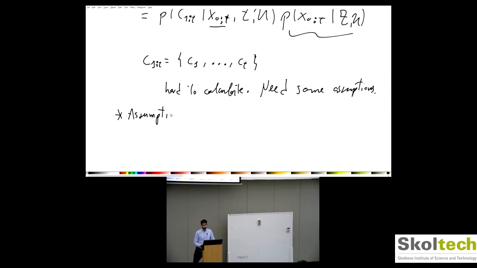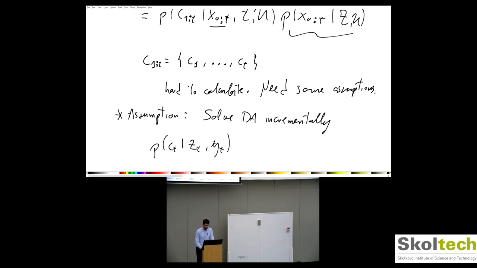We take data association incrementally. Right? What does this mean? That once we calculate, well, hold on, solve data association incrementally. Right? So that means that we are not going to get back. We are not going to reevaluate associations. If there's a mistake in the past of the association, that's fine. We just care about, let's say, current time, right? So with whatever observations we have and whatever state estimate we have, we are just going to be calculating what is this probability of